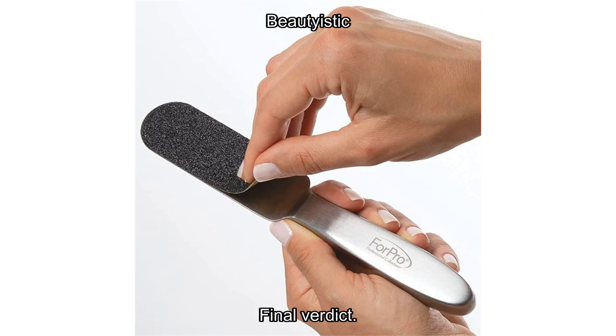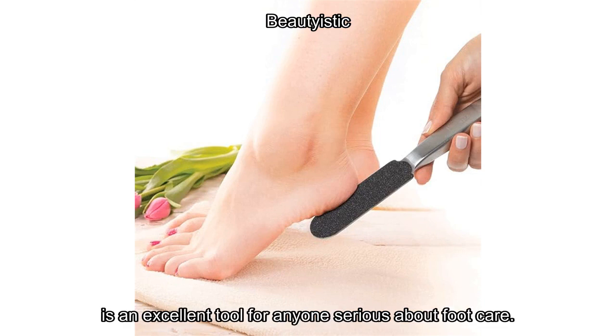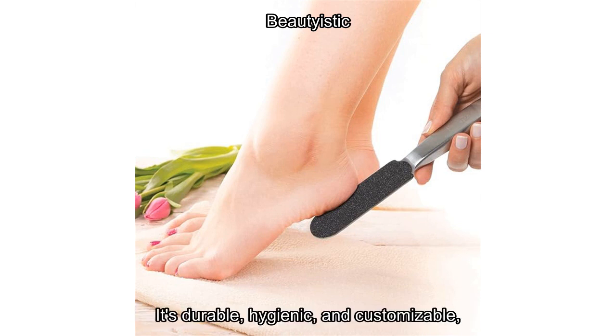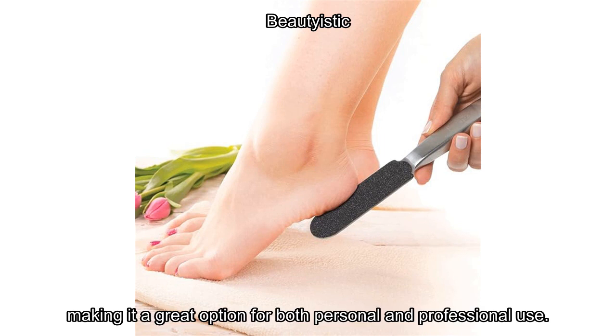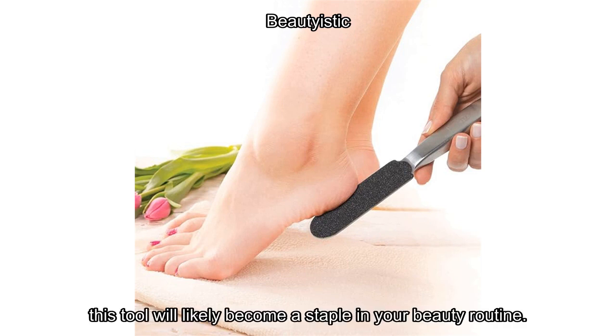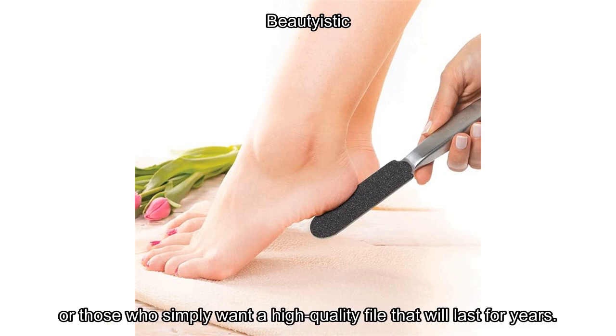long-term value. Final verdict. The ForPro Professional Collection Stainless Steel Pedi File Kit is an excellent tool for anyone serious about foot care. It's durable, hygienic, and customizable, making it a great option for both personal and professional use. If you're willing to invest a bit more, this tool will likely become a staple in your beauty routine. I'd recommend this for anyone with rough, cracked heels or those who simply want a high-quality file that will last